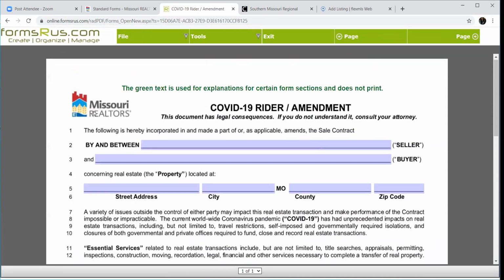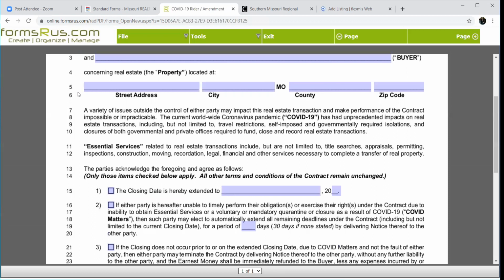All right, this is if we're having an issue. So we've got a property under contract, and I've only had one instance where this rider has been used in the last however many months we've been dealing with this. Because it states very specifically that we're going to utilize this if and when we lose essential services to include title search, appraisal, permitting, inspections, et cetera. So far, we have not had an issue where we have not had access to our essential services. Title's been open. Maybe you got to do work from the parking lot, but title's been open. The lenders have been open. The appraisers have been working. The inspectors have been working. So we've had access to everything that we've needed.